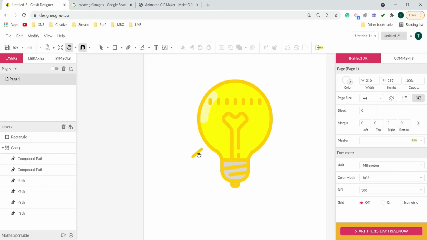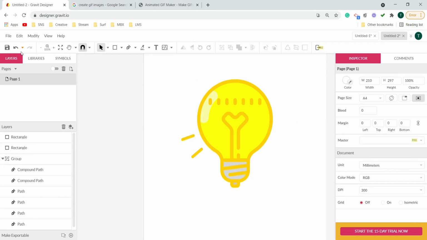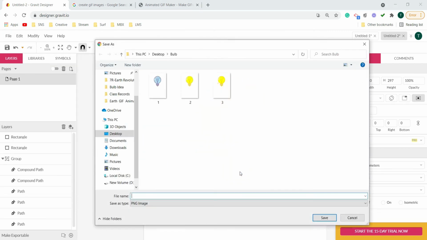Now let's do that process, and it is a bit time taking, but the result will definitely come out better if we add details carefully. Then export PNG image for save.